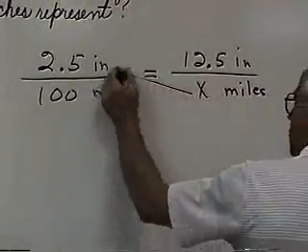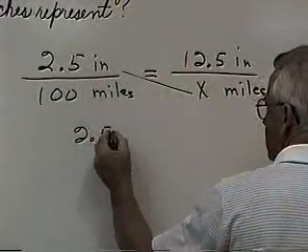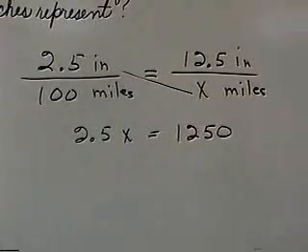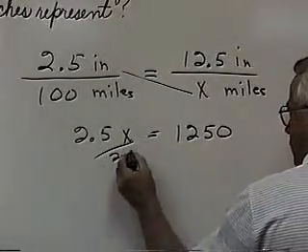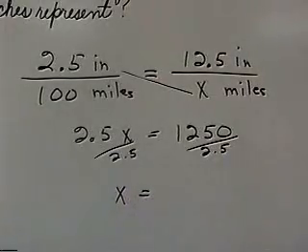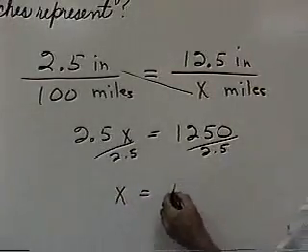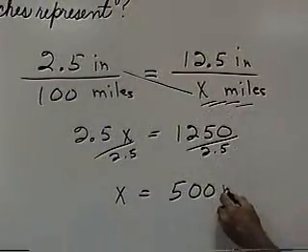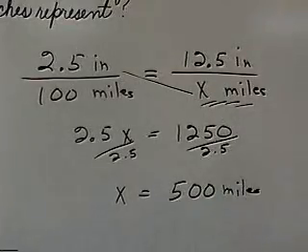And then we cross multiply. This times that is 2.5 x, and this times that is 1250. Okay, and so now we divide by 2.5, divide by 2.5, and so x comes out to be 500. 500 what? 500 miles. Again, looking at your notes, I'm not going to do it on the tape, but looking at your notes, you could have put